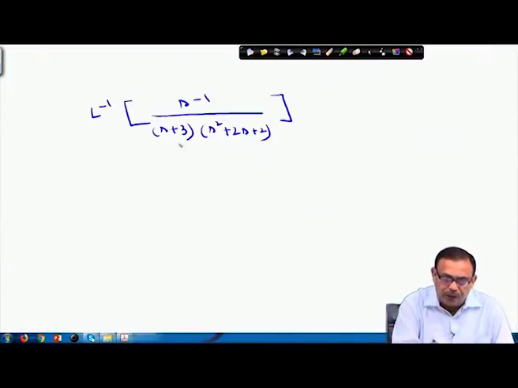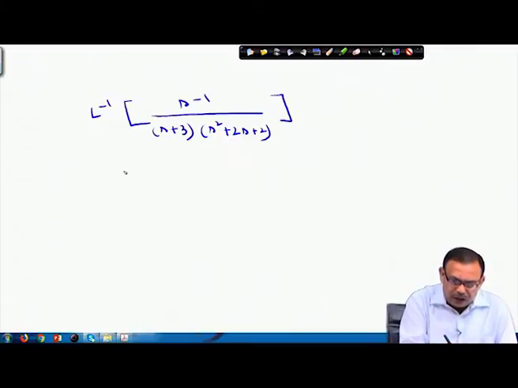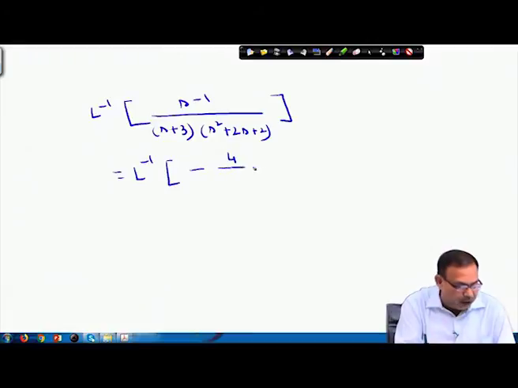This denominator has 2 factors, so using the normal mechanism, I have to break it into functions such that in each denominator there will be only one factor, not more than one factor. Using that trick, directly I am writing this equals, we can use it as minus 4 by